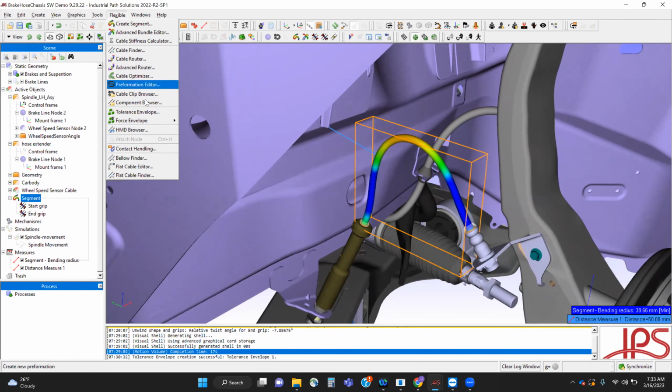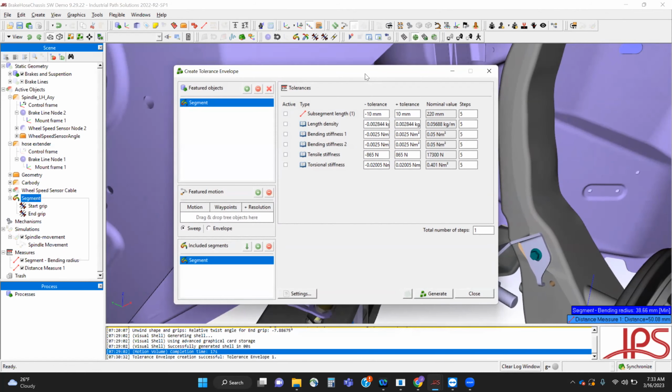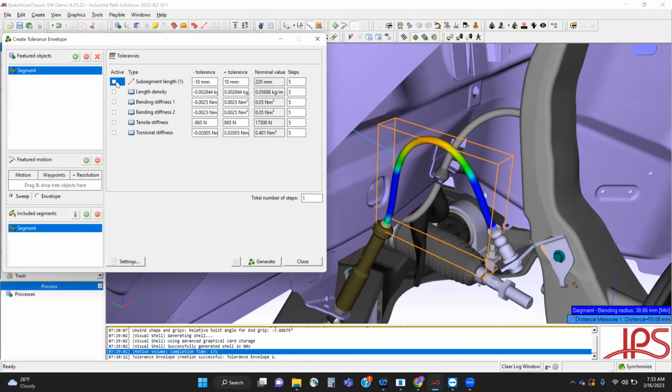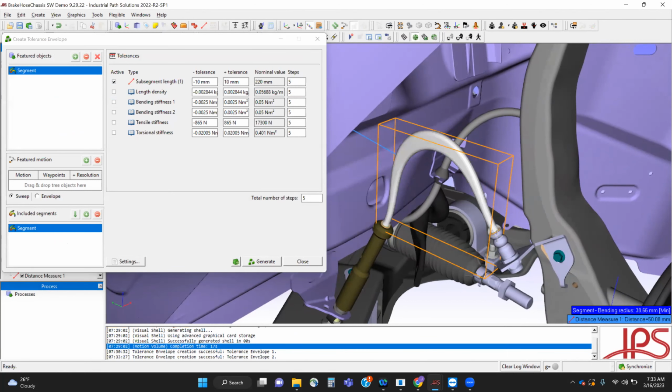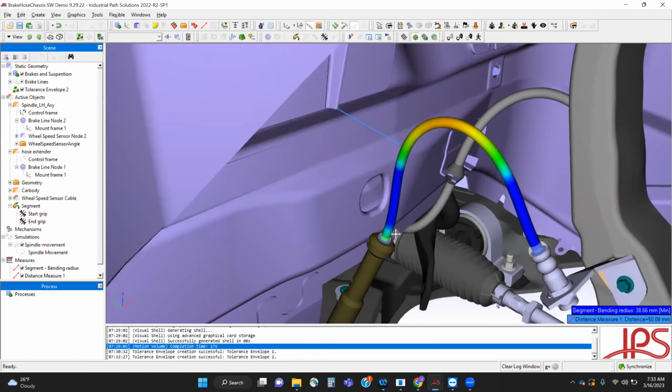As I showed here, if I select my cable and pull up the tolerance envelope, again, we can allow anything about the cable to vary, right? That could be the length, material properties. As an example, just plus or minus 10 millimeters for the length, we can generate that swept volume. Another thing that's interesting with these tolerance envelopes